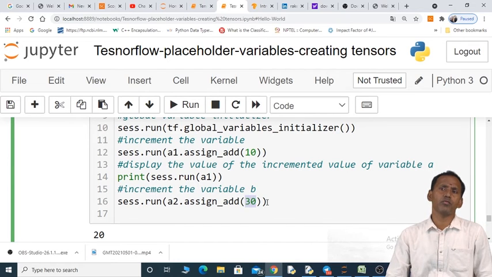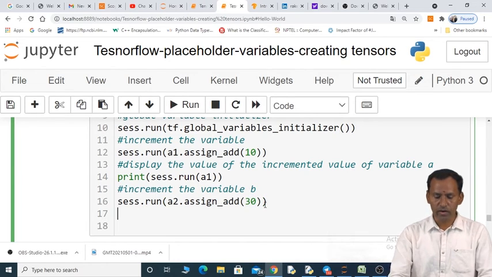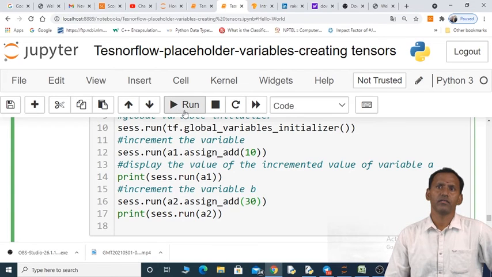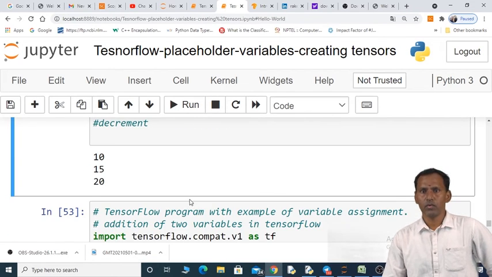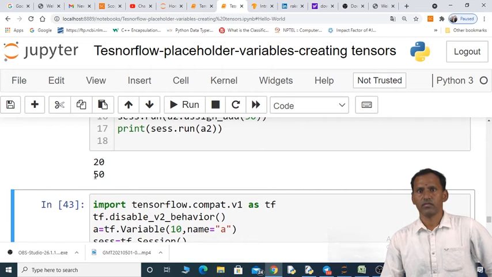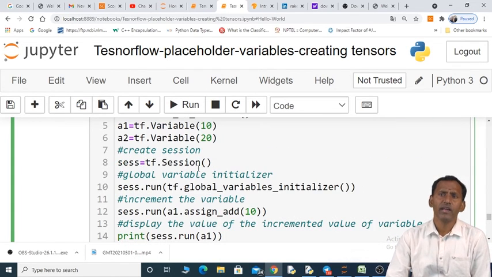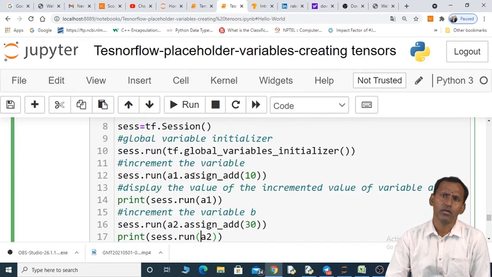So 20 plus 30 is how much? 50. So 50 must be displayed on the screen. If you want to see the value, sys dot run A2. Now we'll see 50 on the screen. Yes, we got 50. So like that we can increment the variable.